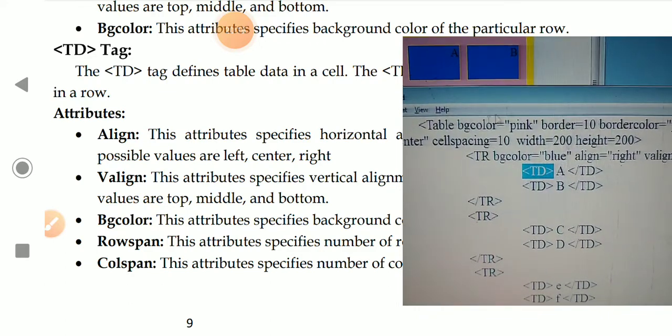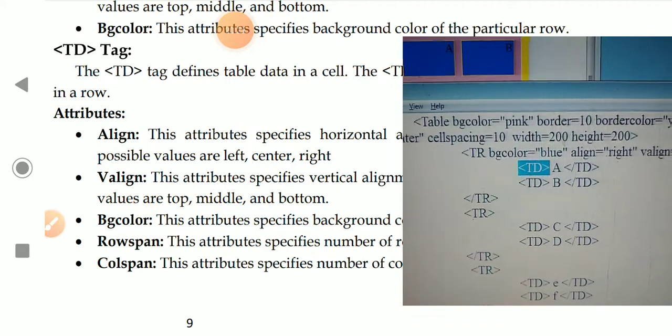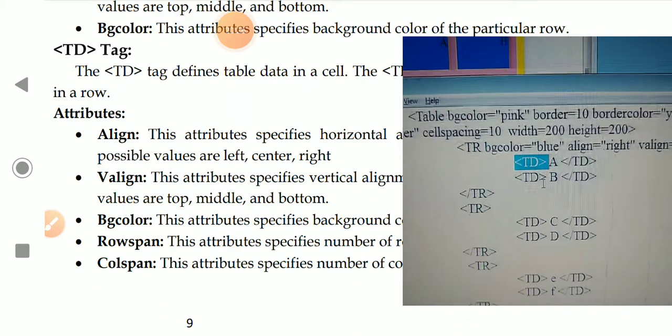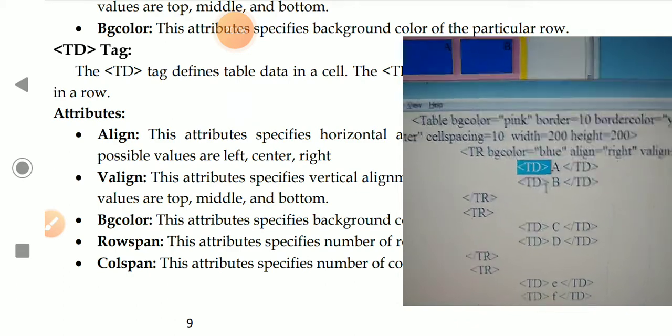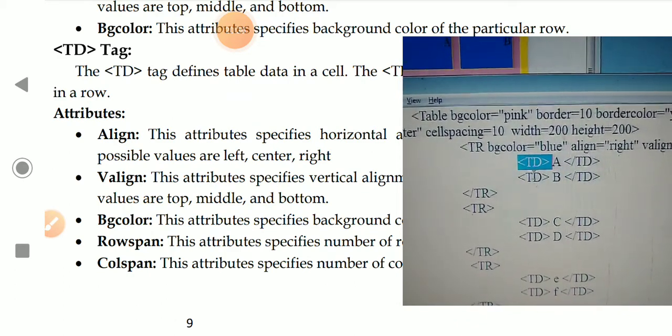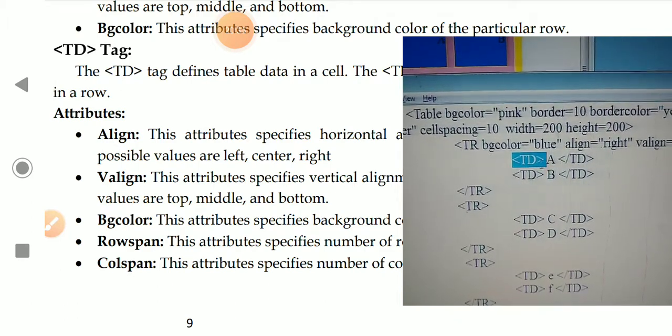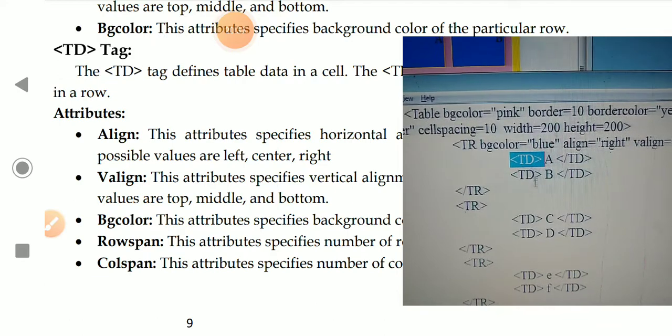So in a table, if there are 3 columns, we have to use 3 td tags within a tr tag. That means the td tag is repeated for each cell in a row.